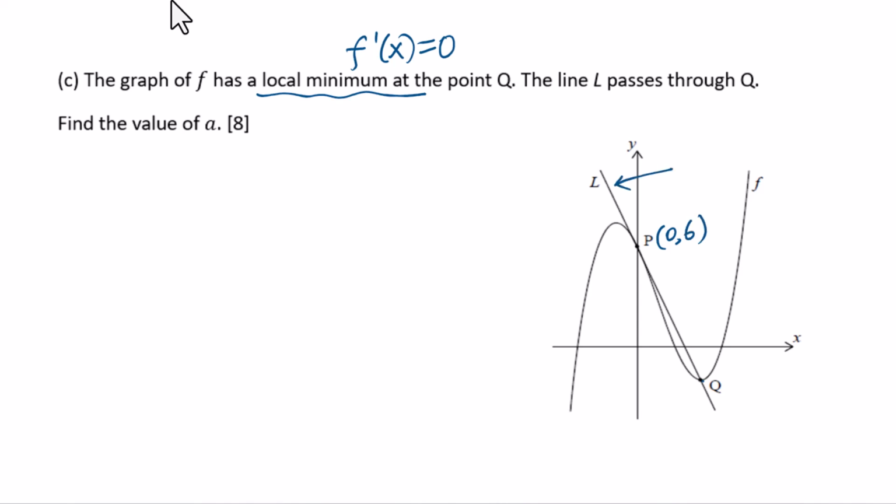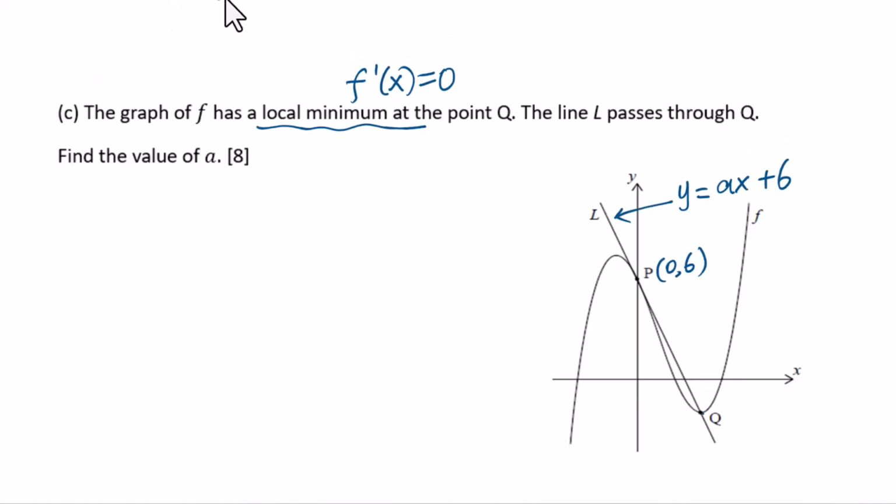The equation of this line L is y equals ax plus 6. The function f is f of x equals x to the third power minus 2x squared plus ax